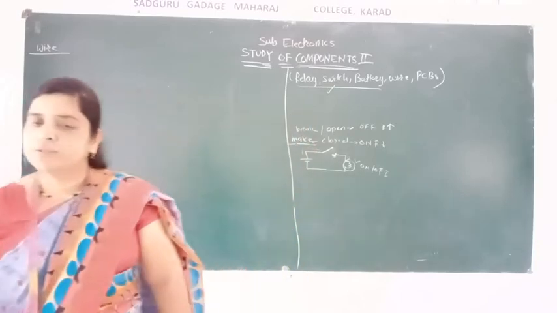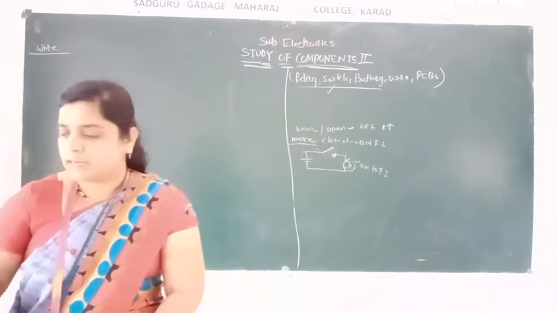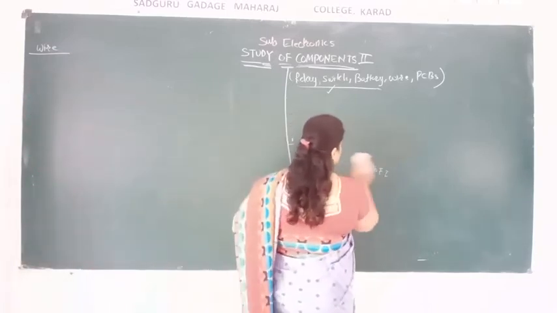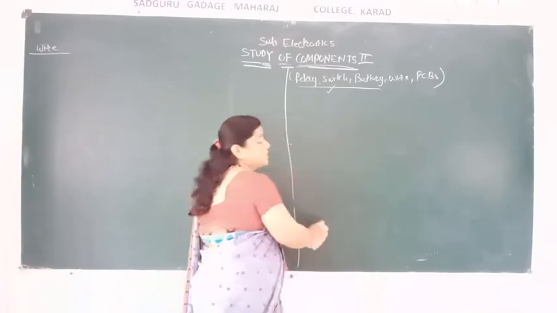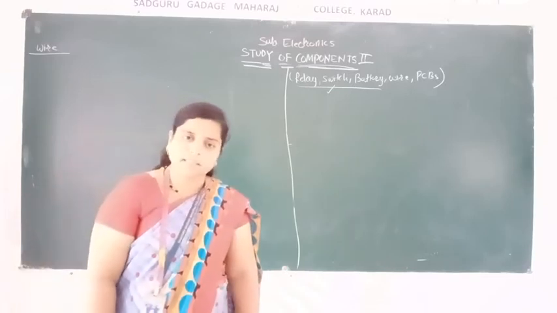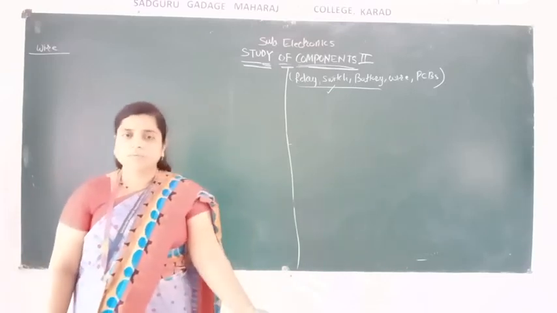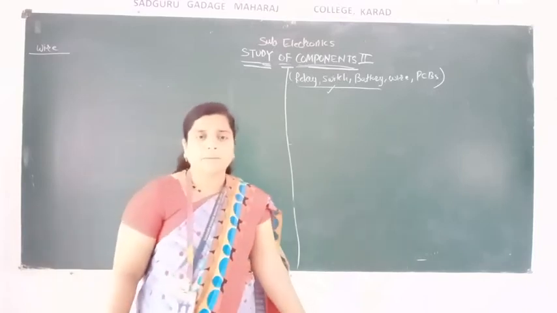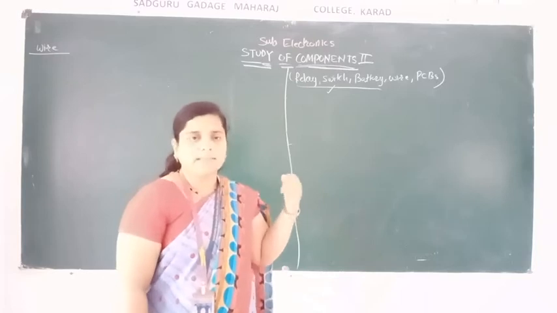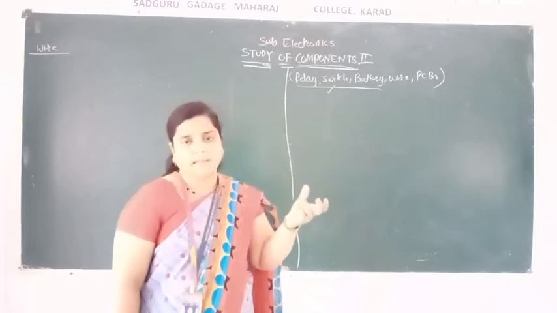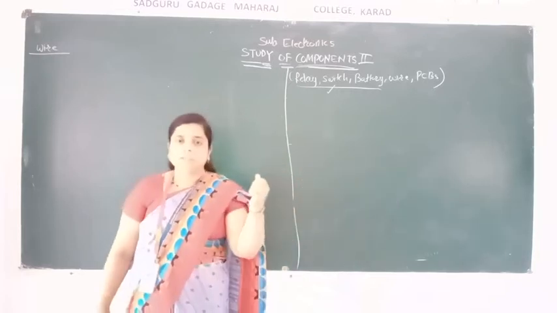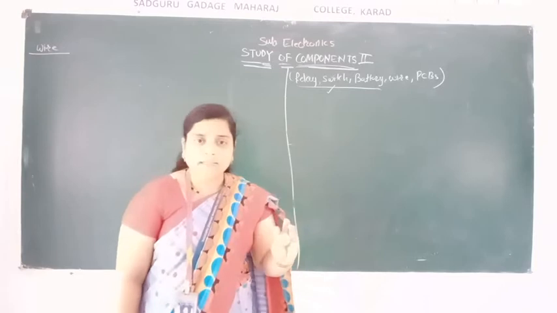There are so many types of switches that I have told you. Exactly 9 switches are given in your syllabus. Toggle switch, yes, and micro switches are there. Toggle switch means SPST, single pole single throw, single pole double throw, double pole double throw, and double pole single throw. So there are 4 types of toggle switches in your syllabus that we have seen with their diagrams. So these are our switches.